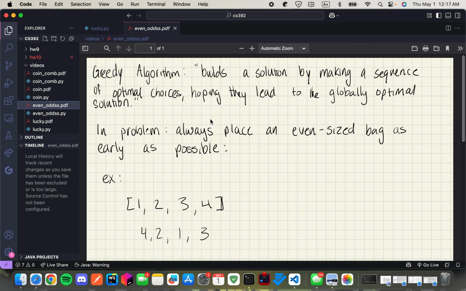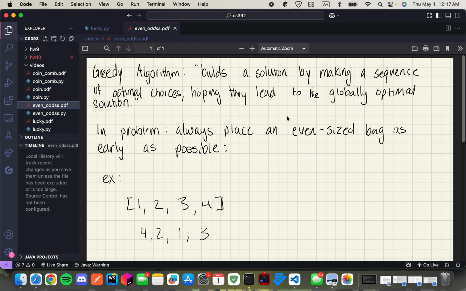And this will be like a greedy algorithm, which builds a solution by making a sequence of optimal choices, hoping that they lead to a globally optimal solution. So in our case, our greedy solution is that Mihai always places his even size bags as early as possible.